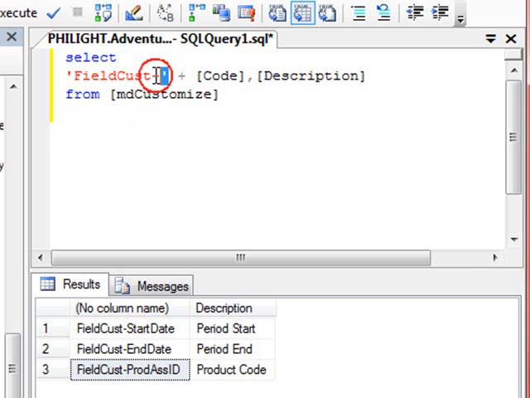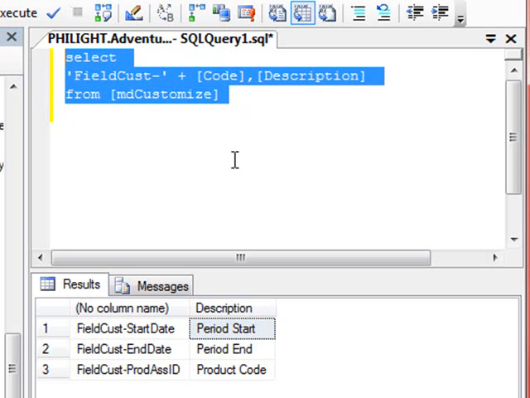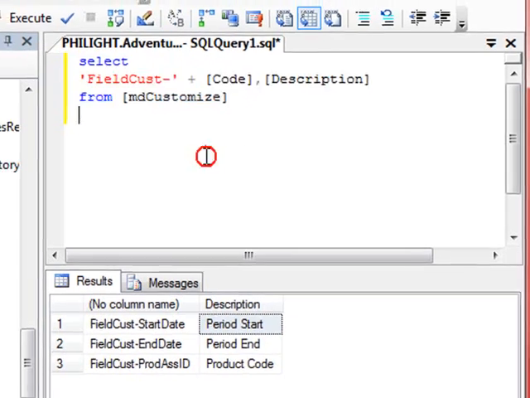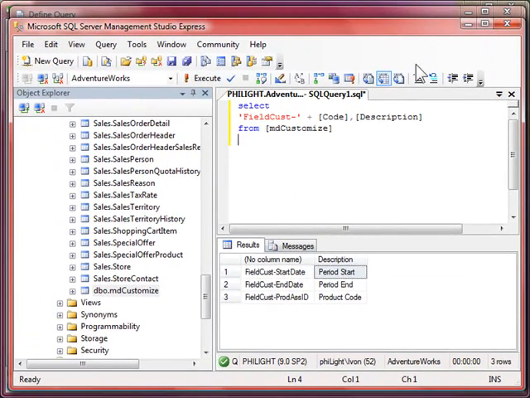So you can see I've put a prefix on the front of the code column, so that I have a nice variable name, in essence, for the descriptions that I want to pull into Studio. So I've done this SQL statement. I'm going to copy that and go into Studio,